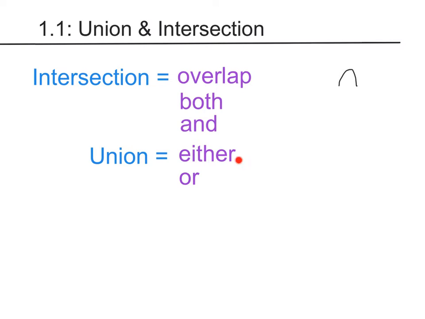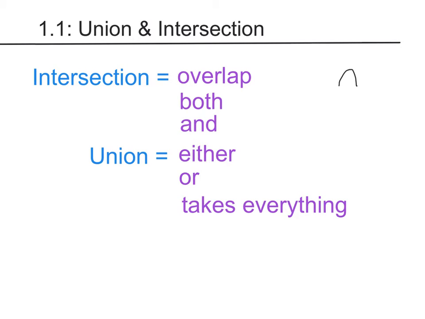So a union can be where the first statement is true or the second statement is true. So either the first one's true or the second one's true. Any part of either statement that's true is included in the union. For our purposes, something you will hear me say that you're not going to see in a book or anything, I will explain it probably more in class,